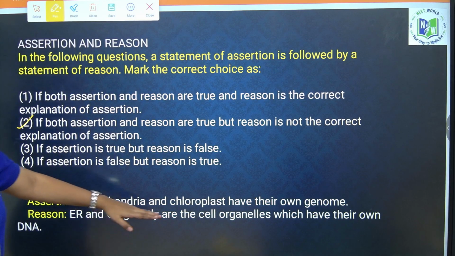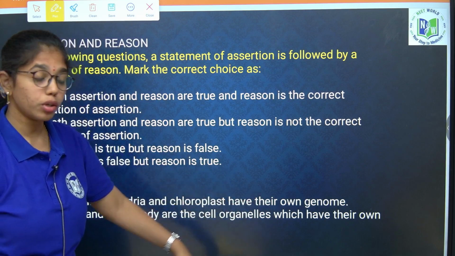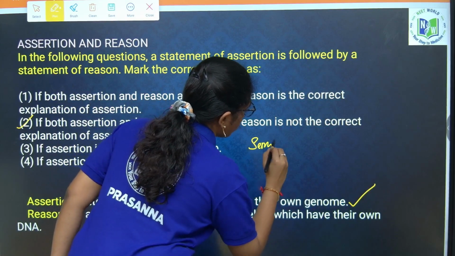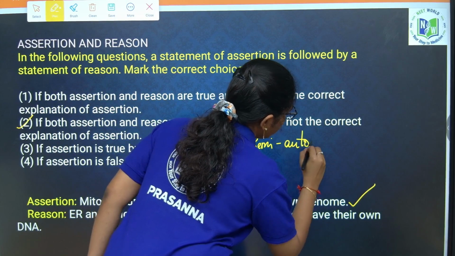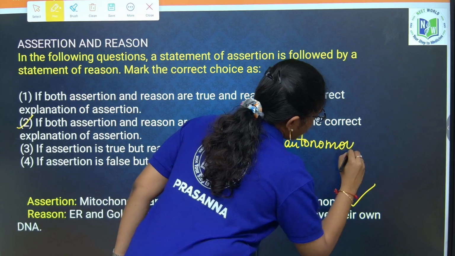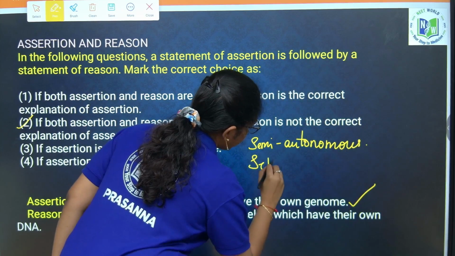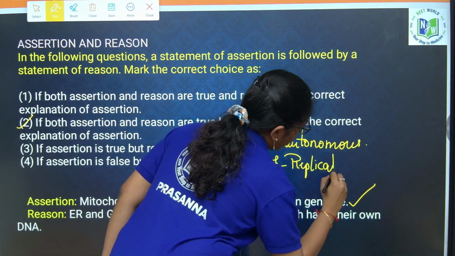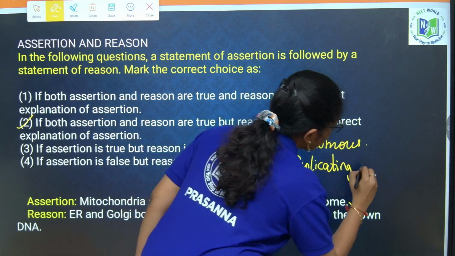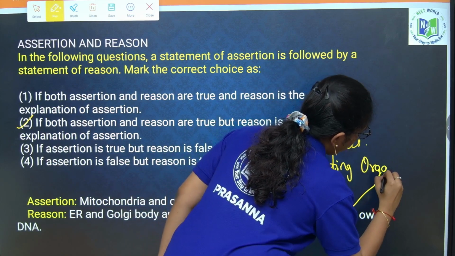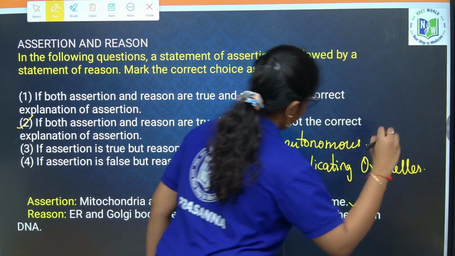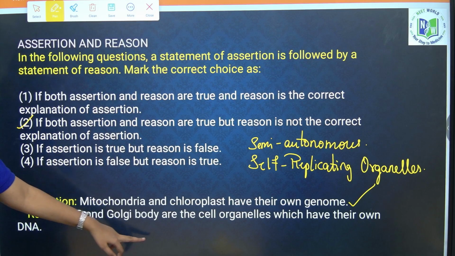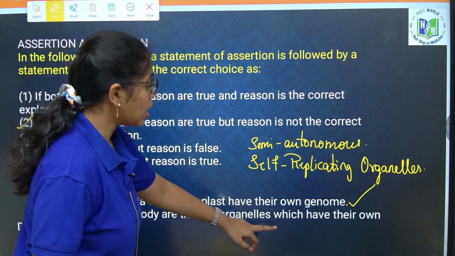Assertion: mitochondria and chloroplast have their own genome. True. That is why they are called semi-autonomous or self-replicating organelles. Semi-autonomous or self-replicating organelles. Next, reason: endoplasmic reticulum and Golgi body are the cell organelles which have their